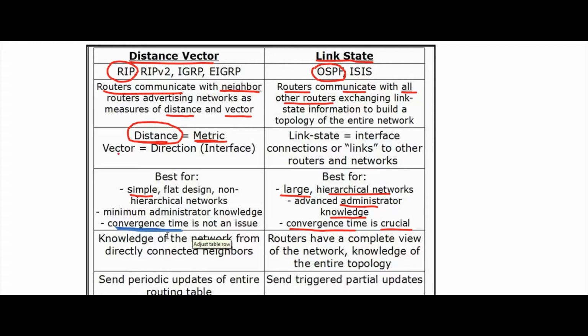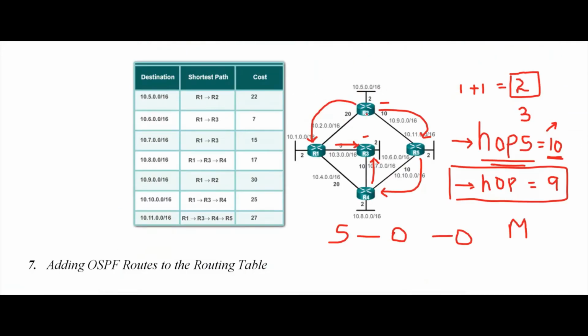What is vector? Vector is nothing but direction. Direction means, you see here, I'm at this roundabout. Now I'm going to take a particular distance. I'm going to travel in which direction? If I go this direction, let it be left. If I go in this direction, it will be right. So two things: distance is very important, plus vector is nothing but a direction, which direction you are going to travel. So I'm coming to this roundabout. From here, I'm going left. I make one jump. Then in this roundabout, I'm going straight. Left, right, you can keep it like that. And I'm going to move straight.